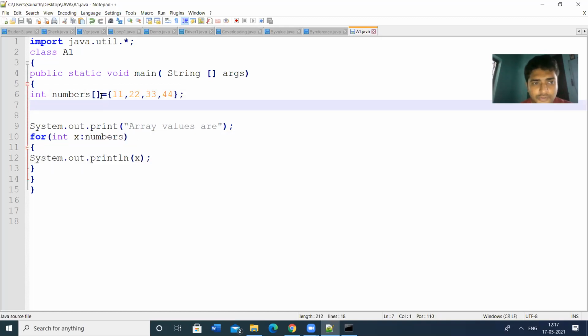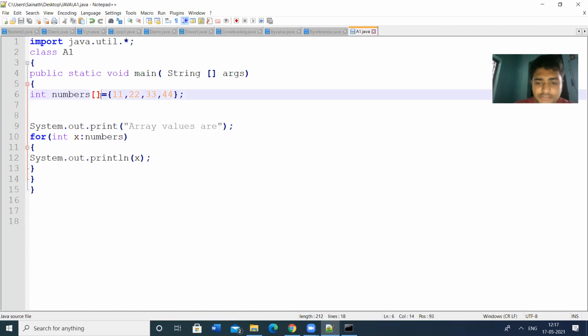If you are going to declare a two-dimensional array, give two dimensions. This is the rows, and then we have to give the columns, as 44, 55, 66, 77, 88.